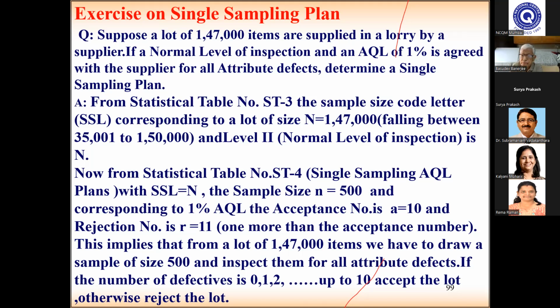We can also use this for our day-to-day work, for audit purposes and all that. At the moment, what we are doing is taking 10%, 5% like that. If the batch size is more than 100,000, then we say 0.1%. Lower the batch size, higher is the sampling. That is a very wrong way of going about it. So now we will use this table and streamline our activity. Always do that. Shall we move on? Yes, sir.